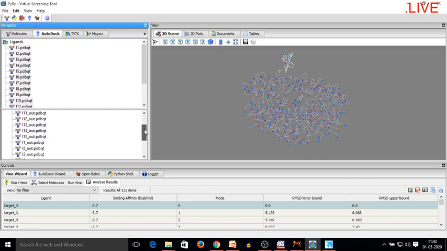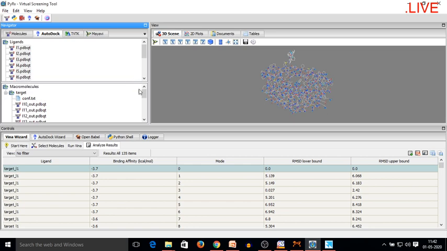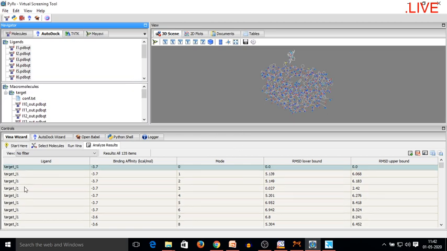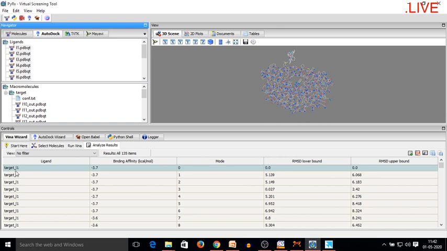Next, we carried out the virtual screening, and finally after running the protocol, here you can see the result is being displayed. So here you can see the result target underscore L1. So what does it mean? That the L1 ligand is bound with the target, and this is the binding affinity.